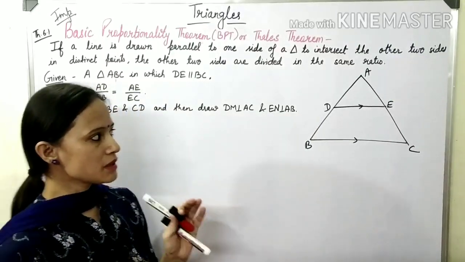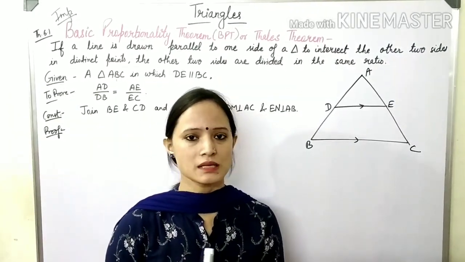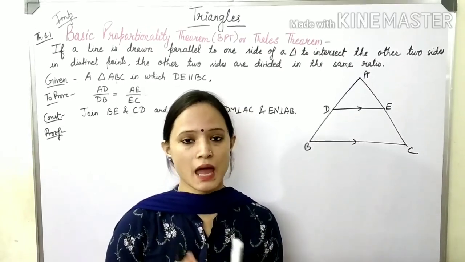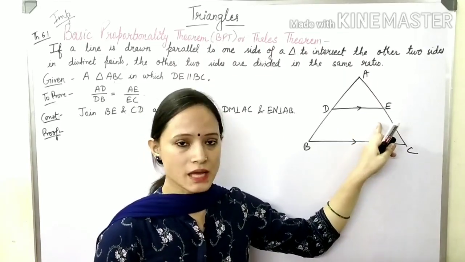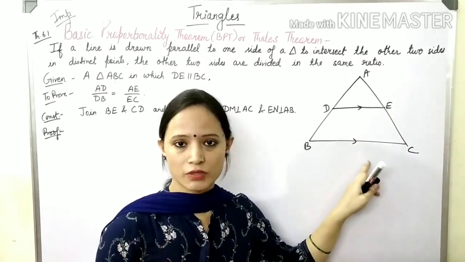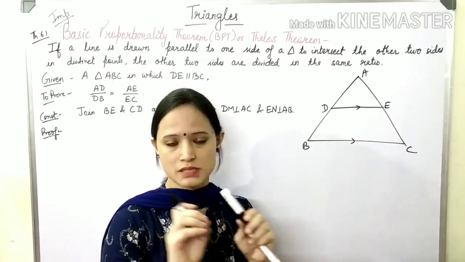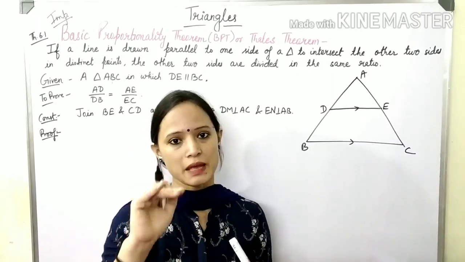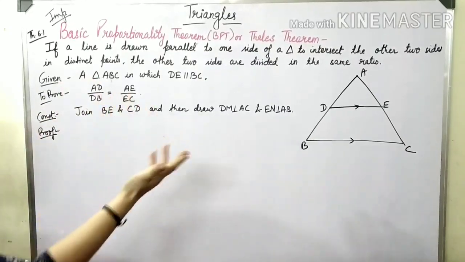Fine. This is similar to the midpoint theorem. We have studied the midpoint theorem in class 9, but the only difference is there this line was intersecting at the midpoints and this line was equal to half of the third side also. Here these 2 points are distinct points, meaning it is not just the midpoint, it can be anywhere. So we have understood what the theorem is saying.